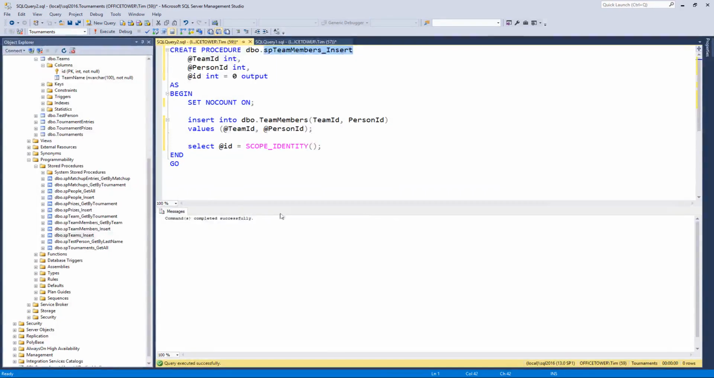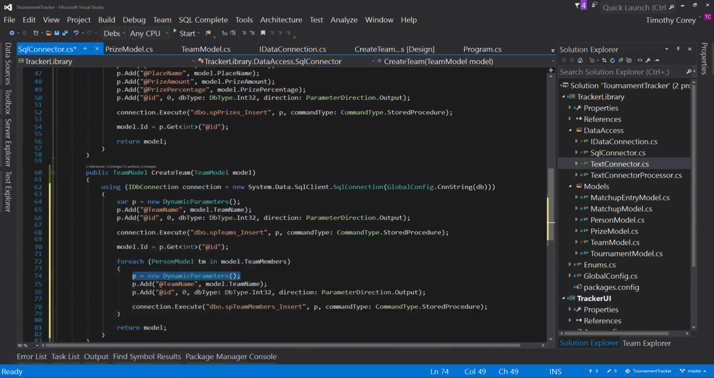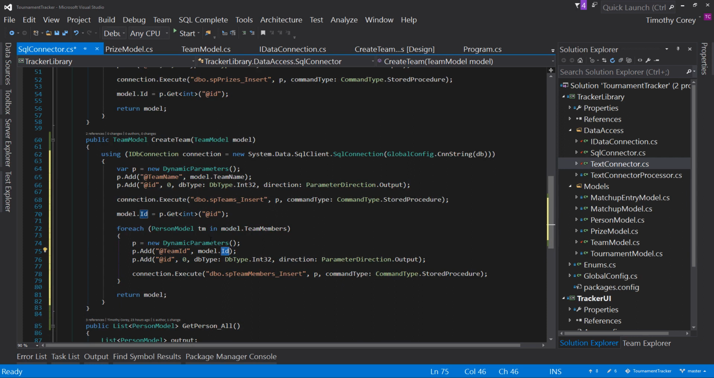Now let's grab our parameters. So you have team ID and person ID. So at team ID, and that's model.id. And then we have the same for each one of them. We're not actually going to need to grab the ID coming back out because we don't need it in any way. So we can ignore that